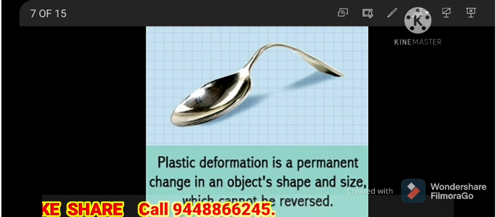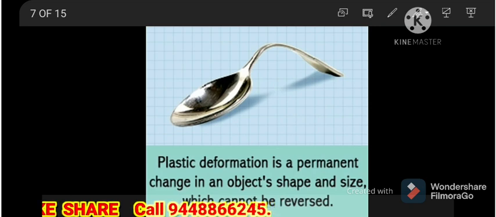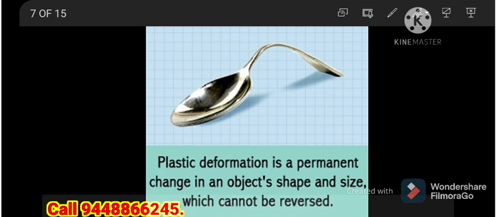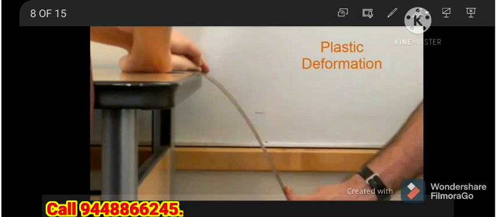Now this is where day to day we are using the spoon. The spoon is made up of material having both elastic and plastic properties. If you apply a little force on it, the spoon handle slightly bends, and you remove the force, it comes back to the original shape, because it is within the elastic limit. Now on this one we are applying a strong force. The shape of that object has changed, which cannot be reversed, and this deformation that takes place is a permanent deformation, the plasticity.